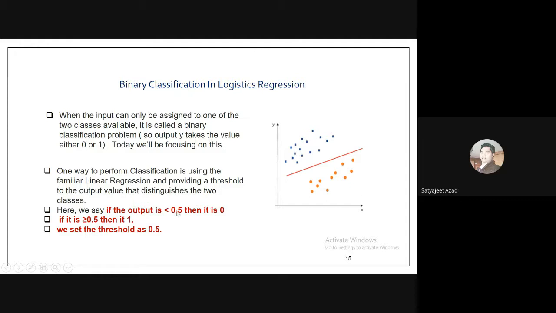In logistic regression there is something called a threshold. If the value is less than 0.5, which is the industry norm basically, then you say it is a 0. If it is greater than 0.5, then we call it a 1. Then we put it into class 1, and if it is less than 0.5, we put it into class 0. This is how logistic regression works. But if you are trying to solve it through linear regression, then you have to apply this threshold into that, and it is very difficult to do. That is why we take help of logistic regression.